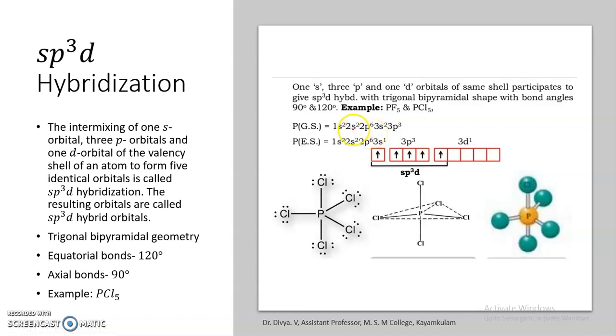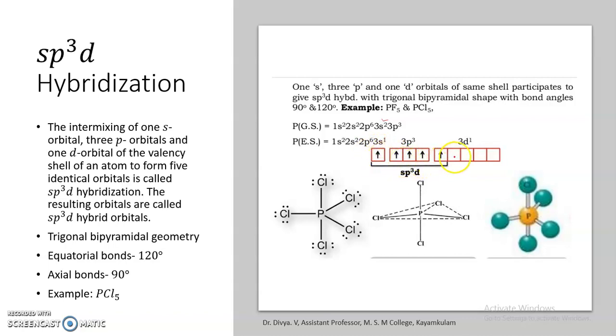That is 1s2, 2s2, 2p6, 3s2, 3p3, and there are 3 empty 3d orbitals. In the excited state, one of the electrons in the 3s orbital gets promoted to a vacant 3d orbital, and now the electronic configuration becomes like this: